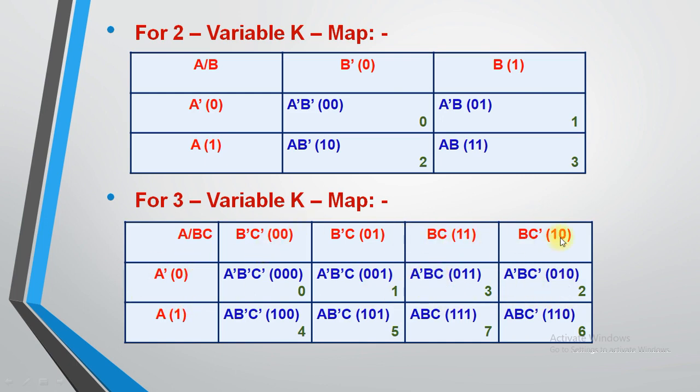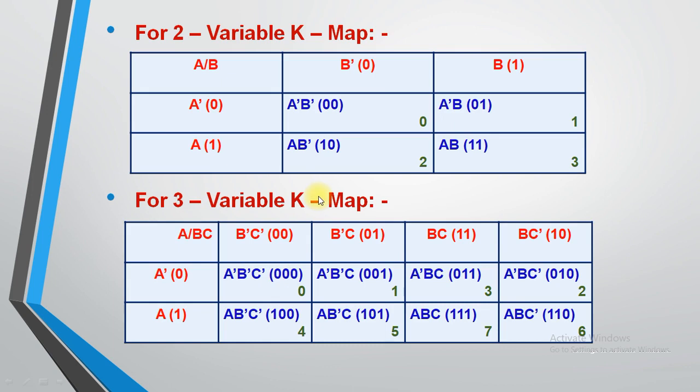First of all, let me explain the combinations first. A dash A, that means only one variable is there. So for one variable there are only two possibilities, either 0 or 1. For two input variables we have four combinations: 0 0, 0 1, 1 0, 1 1. That is a sequence only. Is that clear to everyone? Now see, this is the three variable truth table. So first of all, those people who don't know how to make the combinations may refer to the truth table for three input variables.